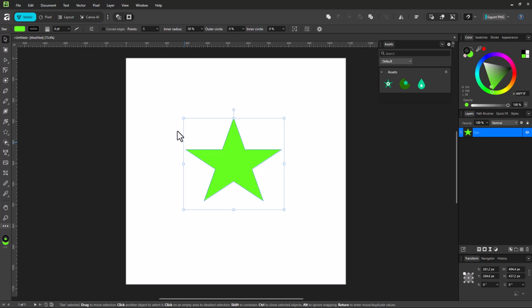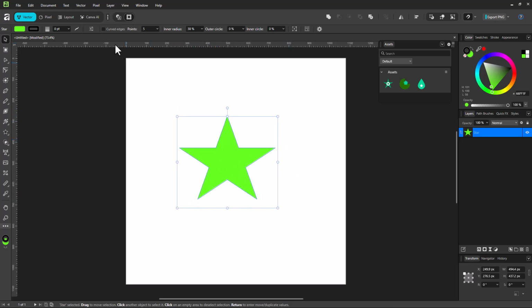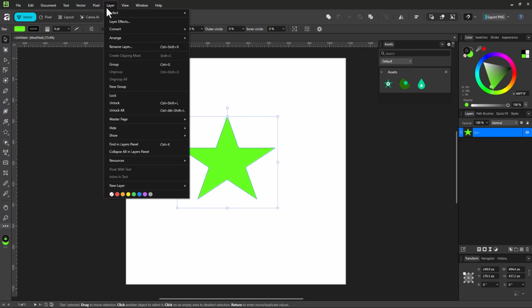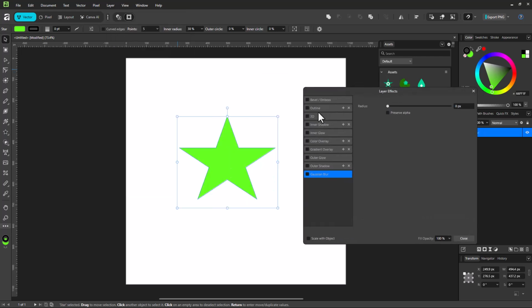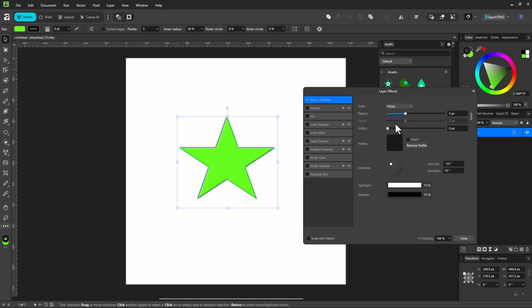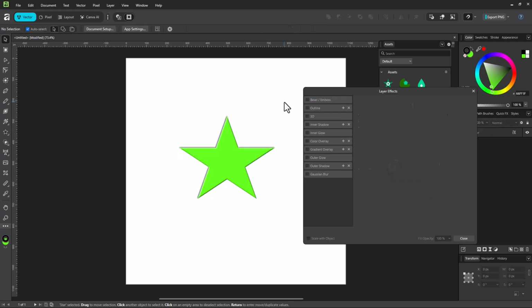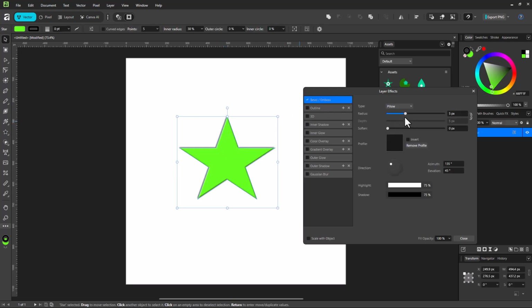To do that, as you select the layer, you can go over here onto the Layer menu, and then go to Layer Effects. Once you do that, you can see that there are various layer effects you can choose from. For example, you've got Bevel right here, and as you enable it, you can see a bevel which has been added. You can change the radius right here to change the bevel, and you can choose the type of the bevel as well. For example, you can choose inner bevel, emboss, outer, and so forth,